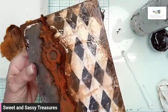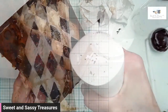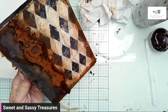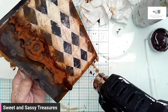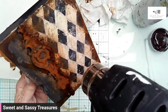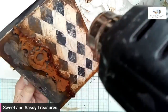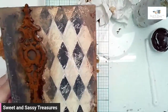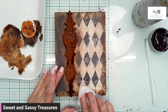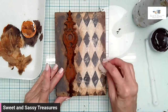So now if I want that to stay like that, and I do, I want to try more that way, I'm going to hit it with my heat gun, and it should stop it. And I'll get some of those drips. This is pretty cool. Okay, wipe that off. Anything that's looking too heavy,